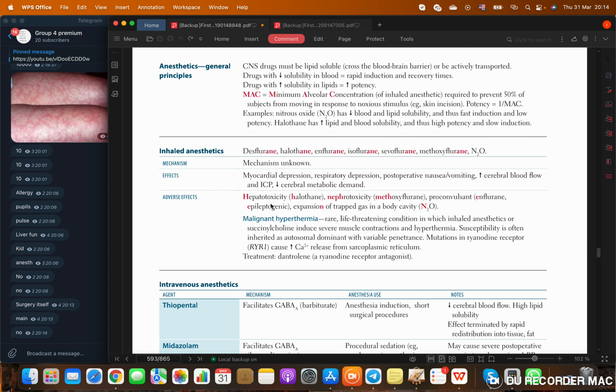Bad idea. Okay. So, respiratory depression as well, and postoperative nausea and vomiting, and also an increase in the cerebral blood flow and intracranial pressure. But they decrease the cerebral metabolic demand. Well, that sounds useful somewhere. Yes, it is. So, for example, if you have a patient